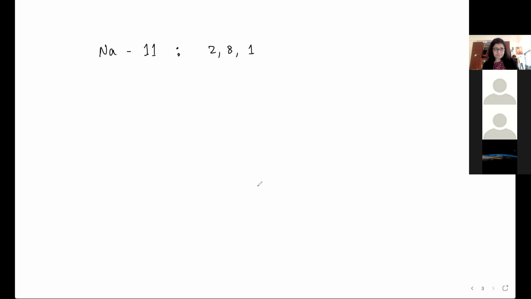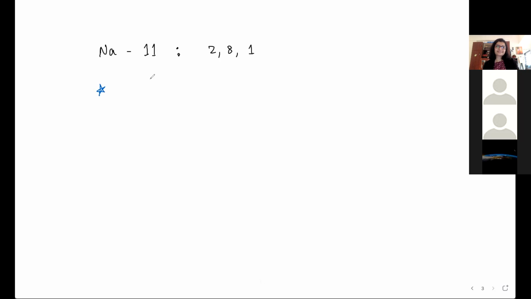Ma'am, the rule may be like the shells should be 2, 8, 8, like that, maybe. Very close, Samriddhi. You can say it in a very simple way. You don't have to describe the electronic configuration should be 288. So, in very simple words, basically, yeah, Sujal? Ma'am, is it like it has to have even number of electrons? So, is sodium capable of gaining 1 electron? No, ma'am. It has to lose 1 electron, the valence electron.